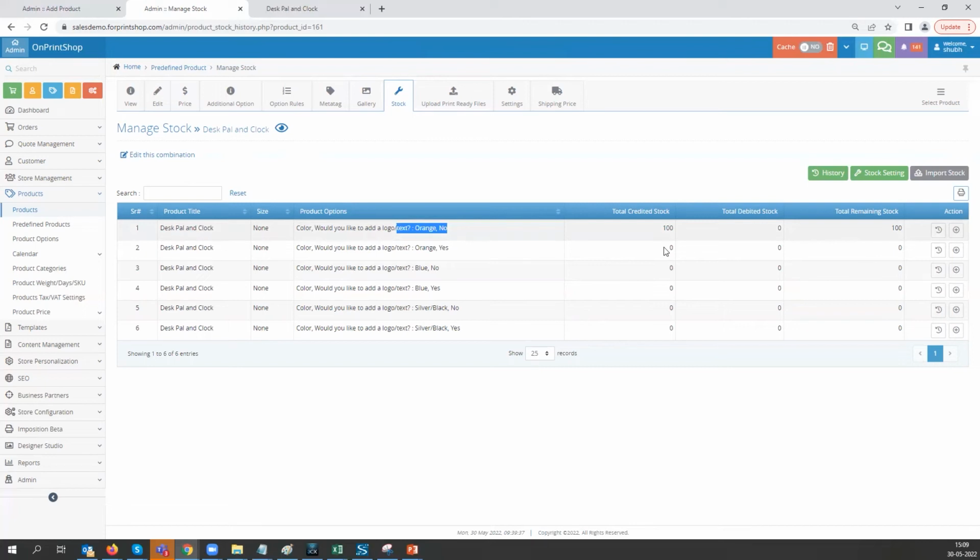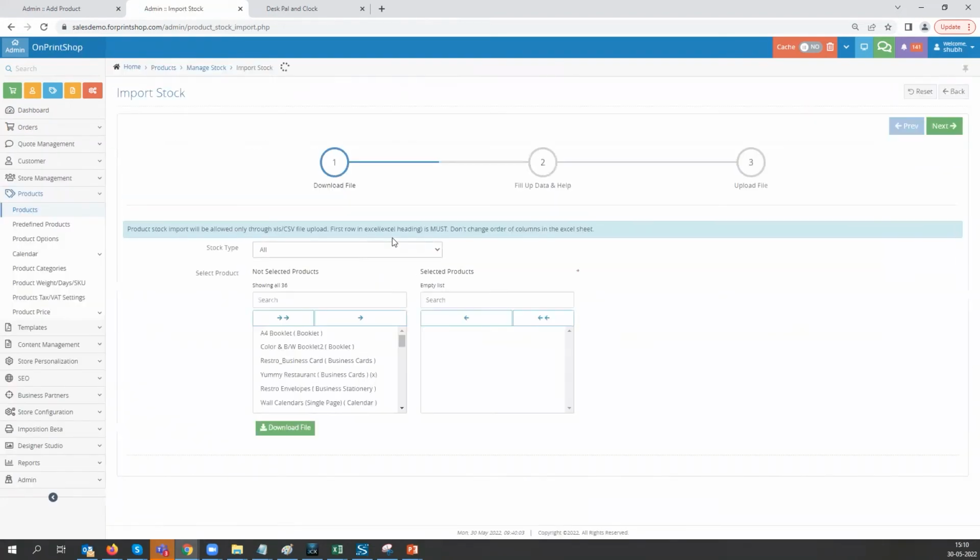Similarly, we can add more stock as per the combinations given over here. And also we can check the history of the stock by clicking on the history button. And we can also import this stock. If we want to import this stock in bulk, we can just click on the import stock button, and then we can choose the product into which we want to import the stock, and then click on next and import